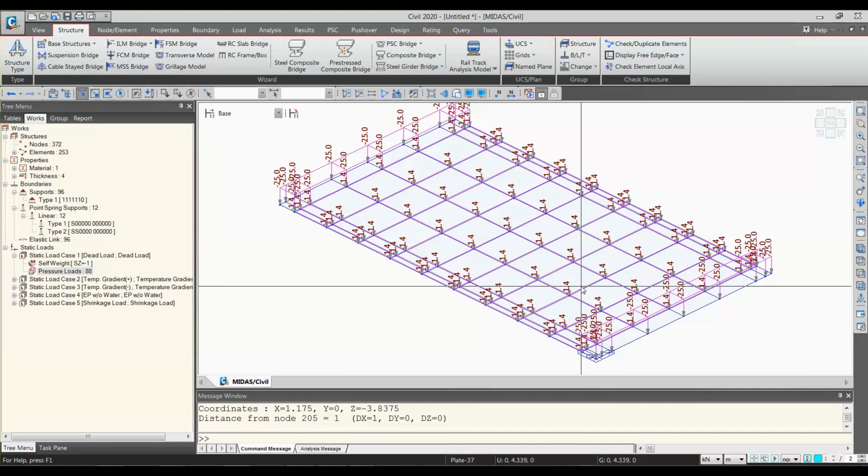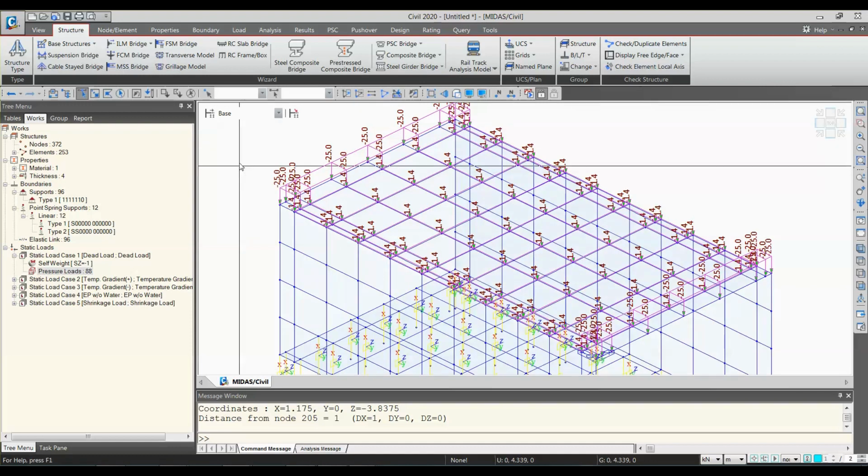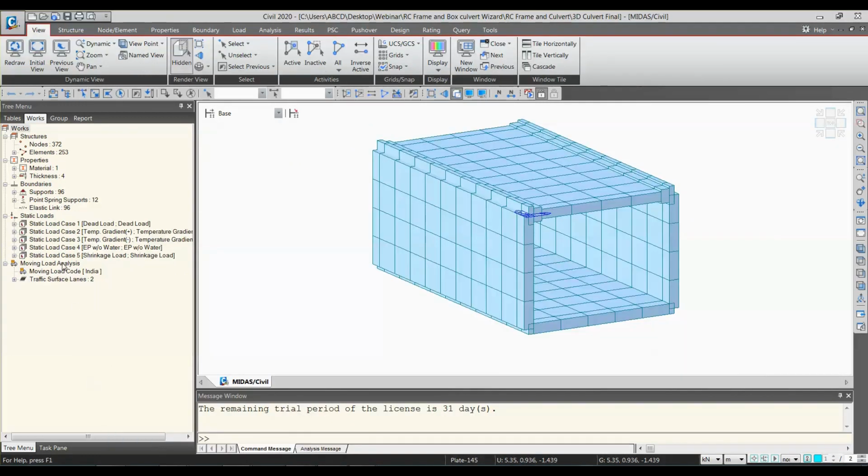In case of only a 2D structure, you have to consider the effective transverse width also, because that would be UDL applied per meter. As we consider unit width in the beam elements, it would be UDL per meter. But here it is not the case. Here it is directly applied as an area load. Okay, now let's activate all. Now I will directly open the file where traffic lanes are already made.